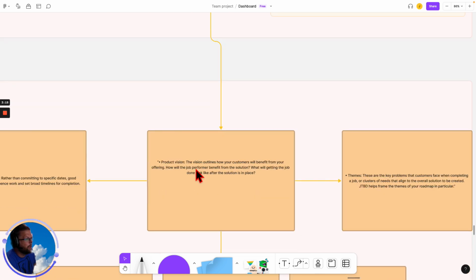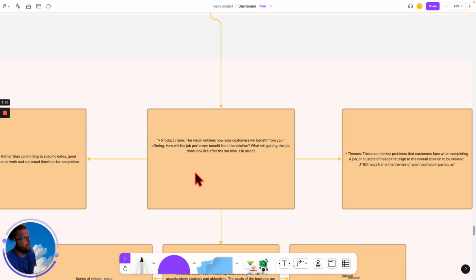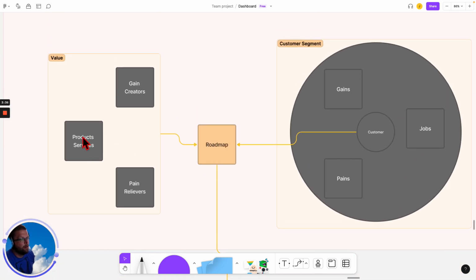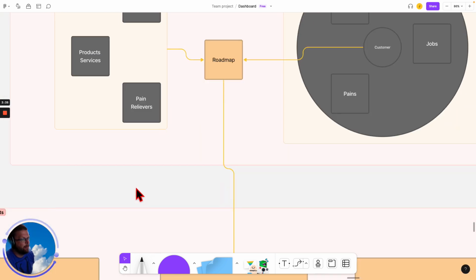So we're going to come down, and we have to understand a couple things. What is our product vision? How does the vision outline your customers? How are they going to benefit? And what will getting that job done look like after the solution is in place? That's your vision. Again, we're going to come back up here: your product or service, gain creator or pain reliever,